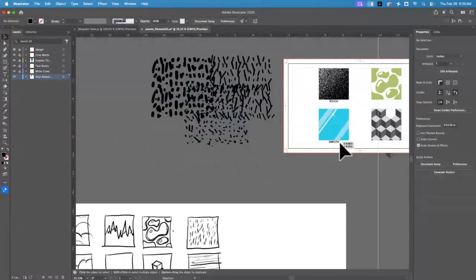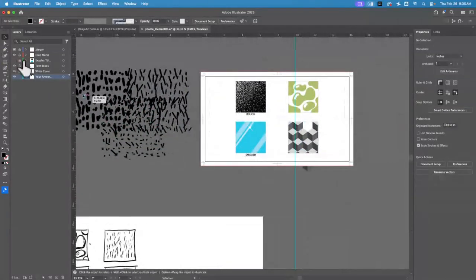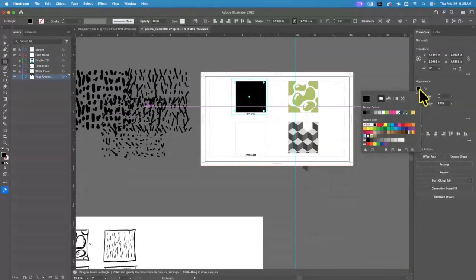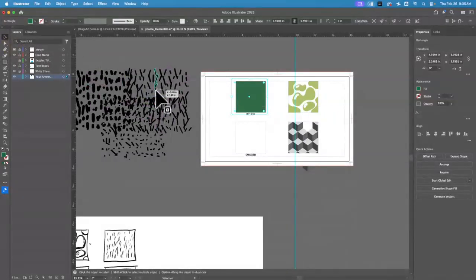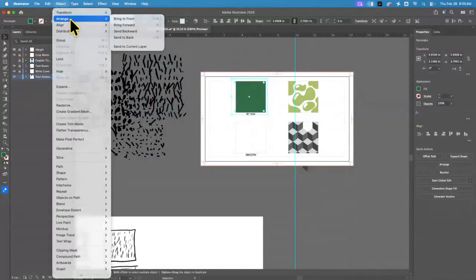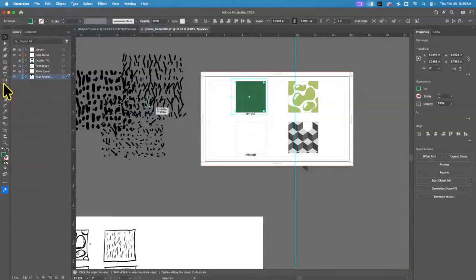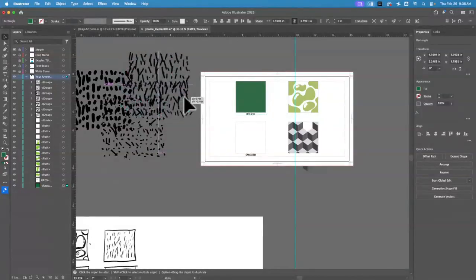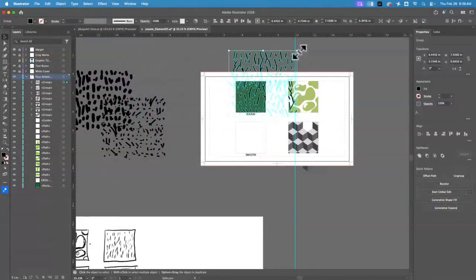textures, and I can go to my file. I'm going to turn off that eyeball, and I'm going to do a background for rough. I'm going to do dark green. And then I'm going to send that to back. Object, arrange, send to back. So just like layers are pieces of glass, on one layer, you have pieces of glass. And I wanted to make sure that that piece is all the way at the back. So when I take this and I bring it on top,